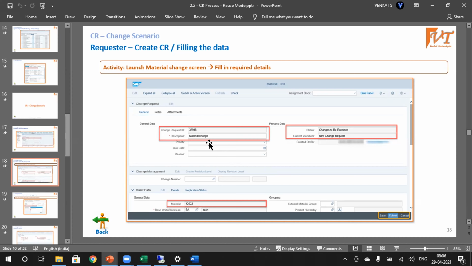Sometimes the client doesn't want the requester to fill out a few details, so we disable those, and they should be enabled for the next level, reviewer or approver. That kind of requirement will also be there. So these are very common requirements, as well as replication. We need to set up the replication in MDG.